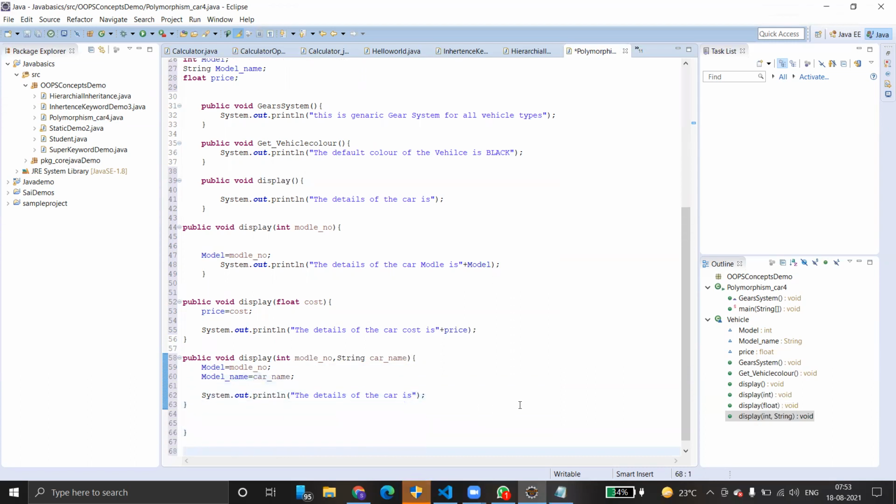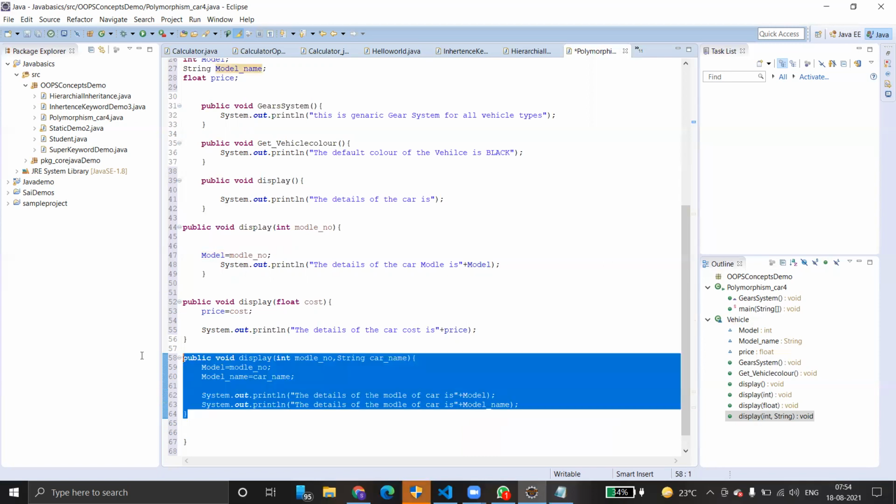And the car details: the model of the car is model. Control C and Control V, model underscore name. I'm going to create one more method.